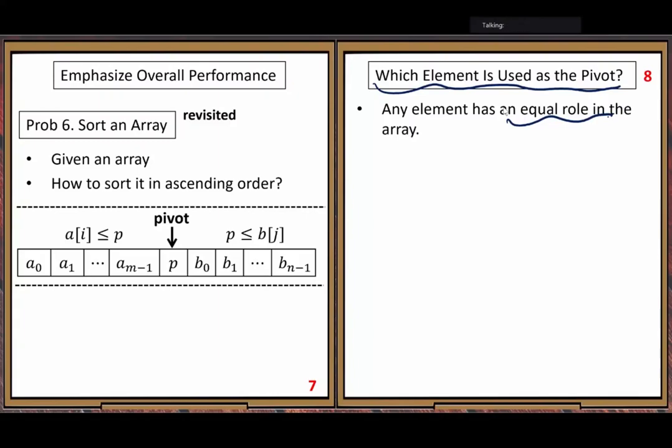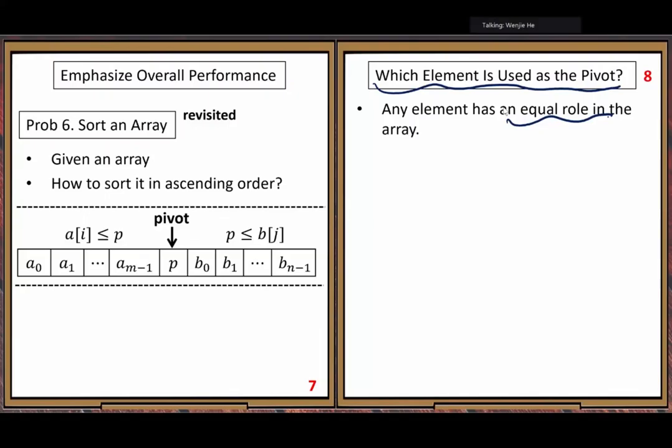If you agree with this assumption, then choosing the pivot element is very easy. Random selection. No matter how you choose the pivot, it is almost equal. You can randomly select one element in the array and make it the pivot.